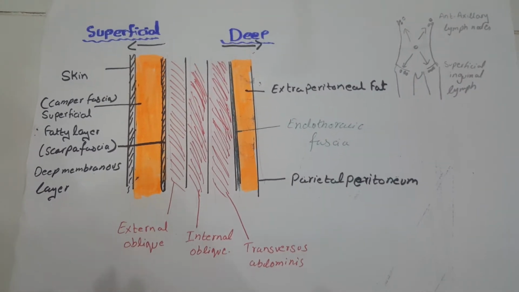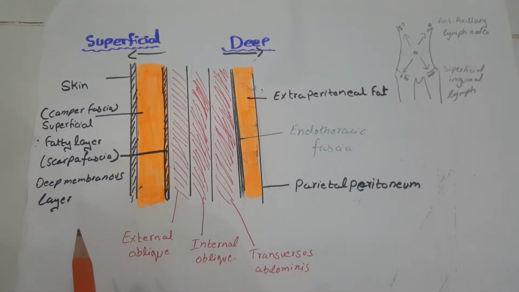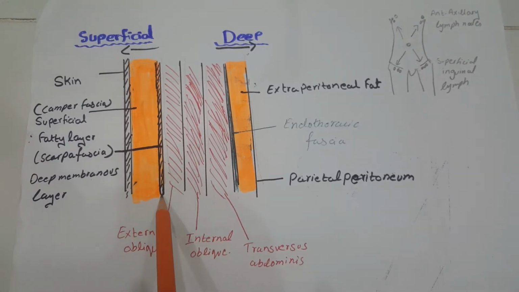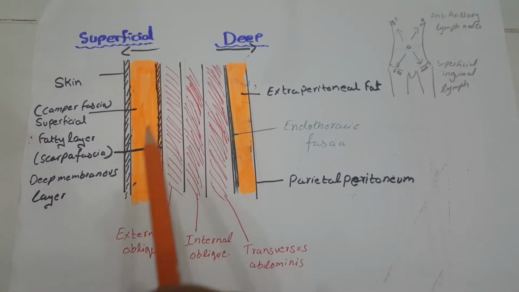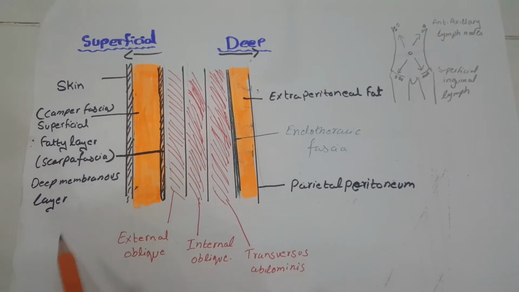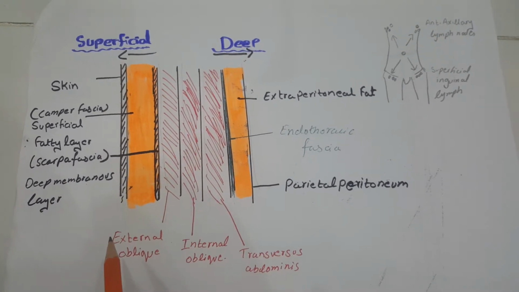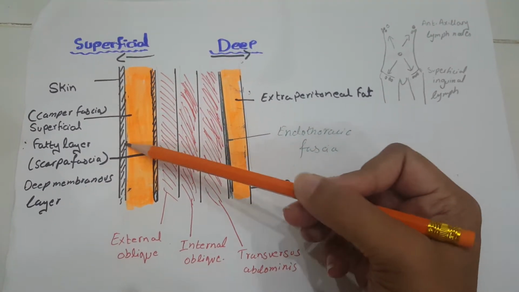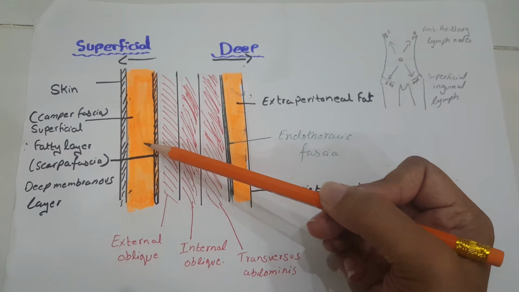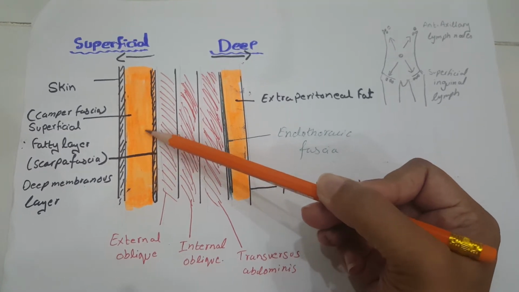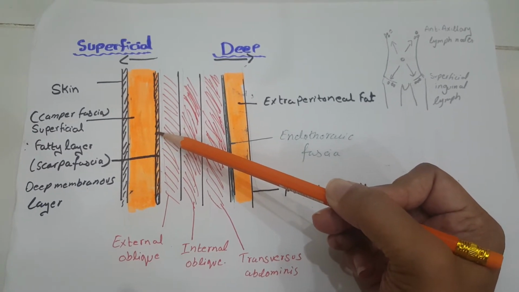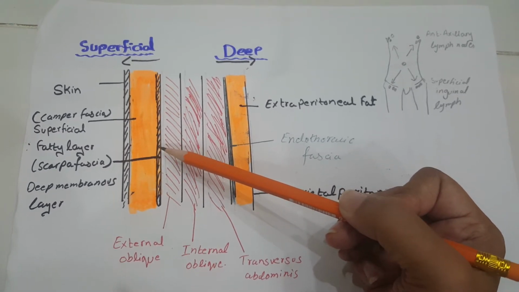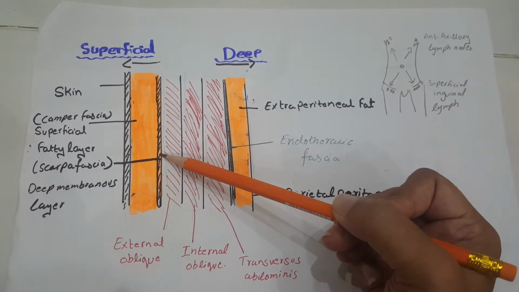Today we are going to discuss the anterior abdominal wall, but before discussing the topics of superficial fascia and cutaneous nerves, arteries and veins, let us discuss the sequence of layers present in the abdomen. The outermost layer is skin, then comes superficial fascia. Superficial fascia further consists of a superficial fatty layer and a deep membranous layer. Then comes deep fascia, which is present deep to the deep membranous layer of superficial fascia.